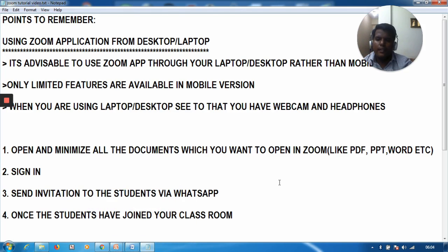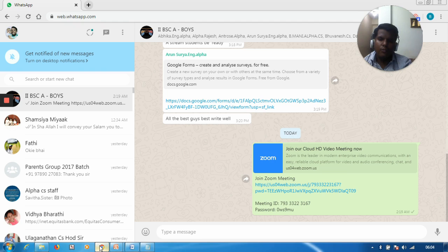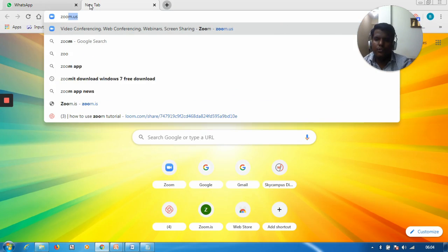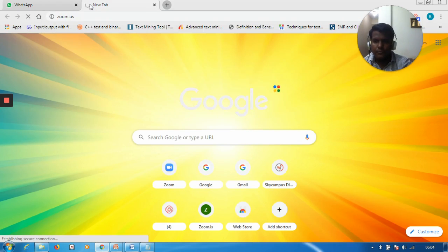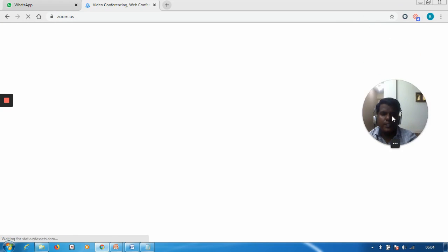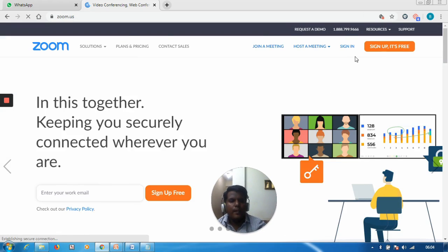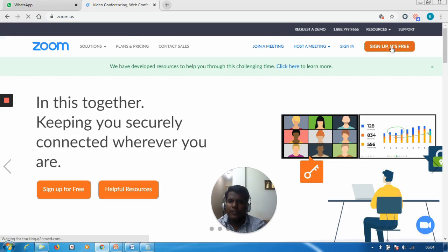To get started, if you don't have a Zoom account, just go to the browser and start typing zoom.us. It will connect you to the website, which is the web version of Zoom, where you have to sign up if you don't have an account.